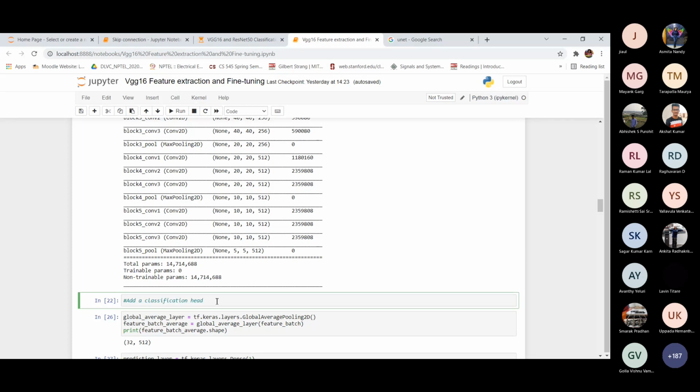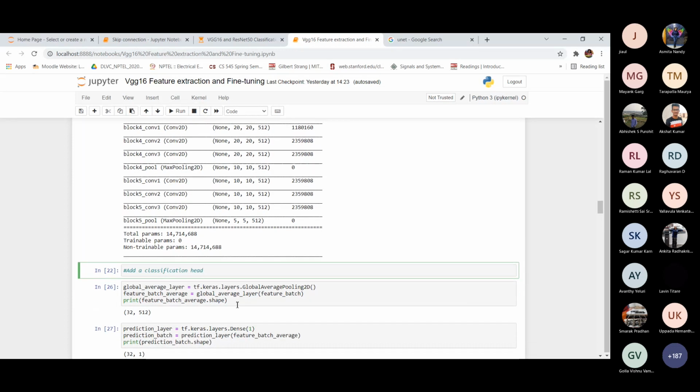After that we will add a classification head.